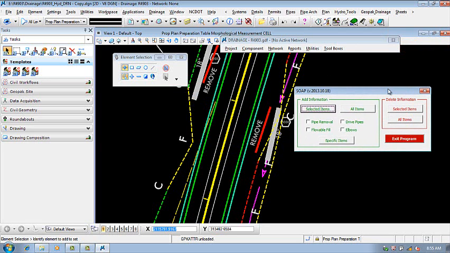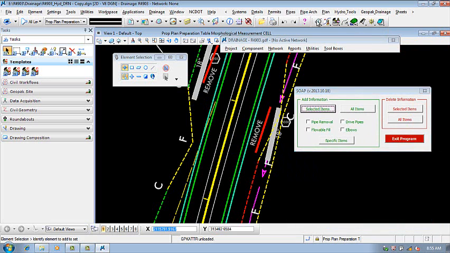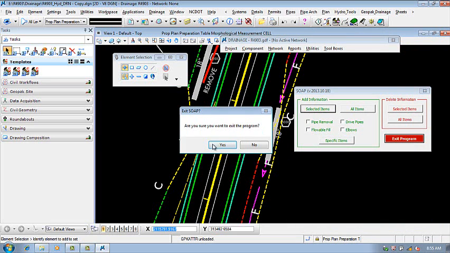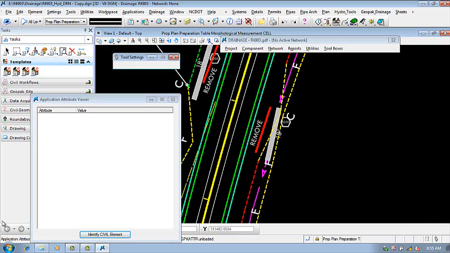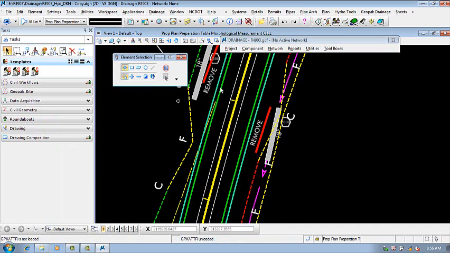So station and offset is for all the stuff that we place by hand design that doesn't have a station, which is actually, if we go back to that, you notice that all right, so there's no station, there's no alignment, there's no offset. So you're not in good shape here for your alignment. I mean, for getting on the drainage summary sheet. It would just all get put at the bottom of the page. So what we're going to do now is we would run through